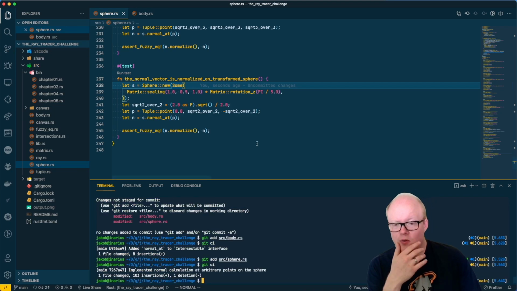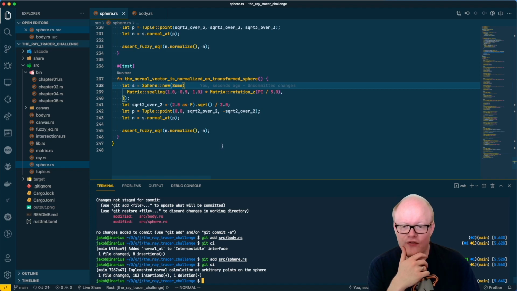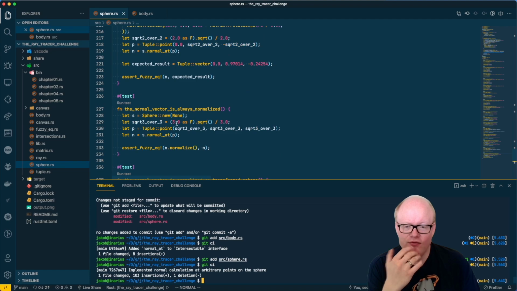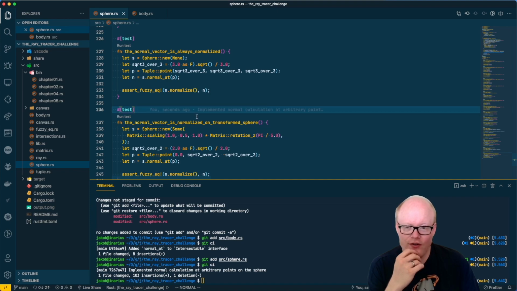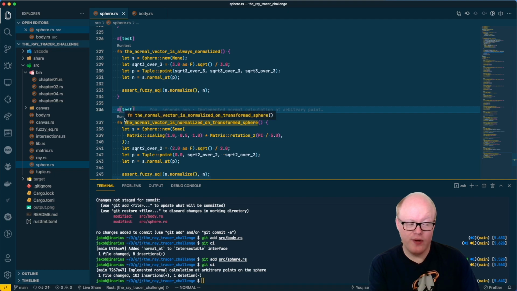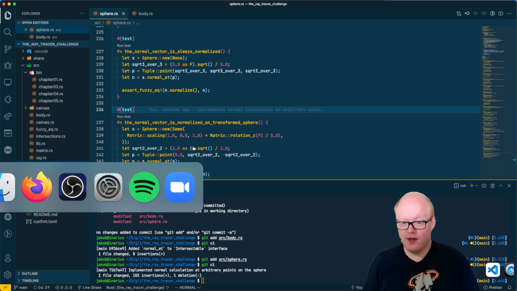Nice. So we have implemented normal calculation. That's the first thing we essentially need, and we have done it for normal spheres, for unit spheres, and we have implemented it for transformed spheres, which is very nice as well. So the next thing we need to talk about and to implement is reflection. So let's get back to our